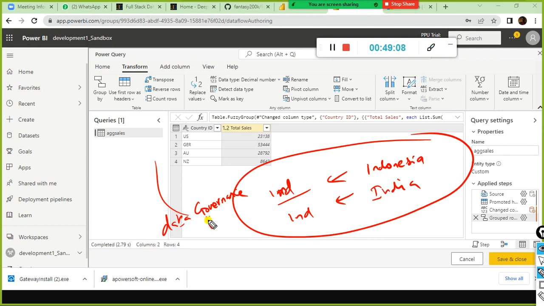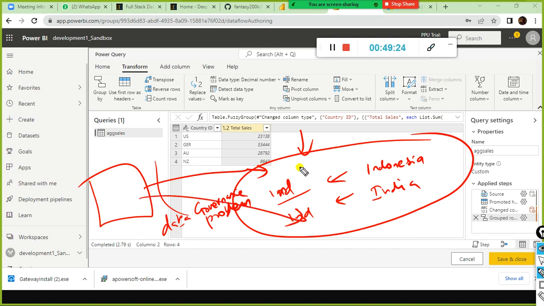So what do you mean by data governance problem? Each company's data engineering team comes up with some data governance process in place. As per that, they will strictly inform each location's staff, hey, you need to use this naming convention. So for India, I need to use India. For Indonesia, you need to use IND, something like that. It should not be IND. In case you find something like this, that's the reason why the data exploration part is very much